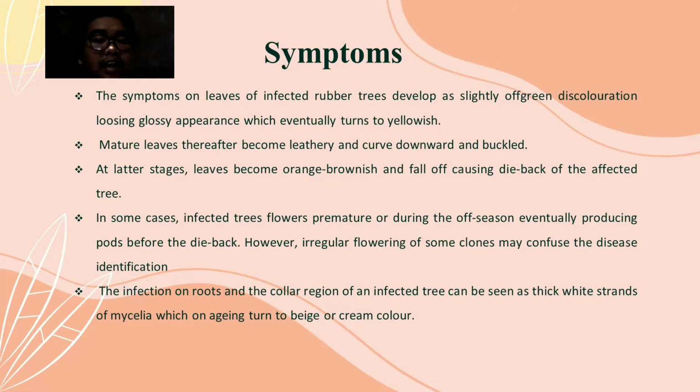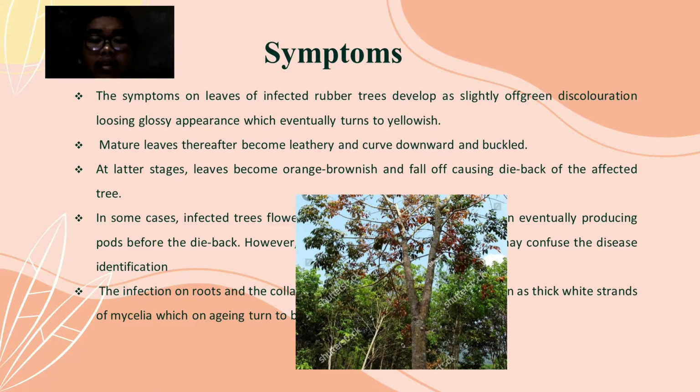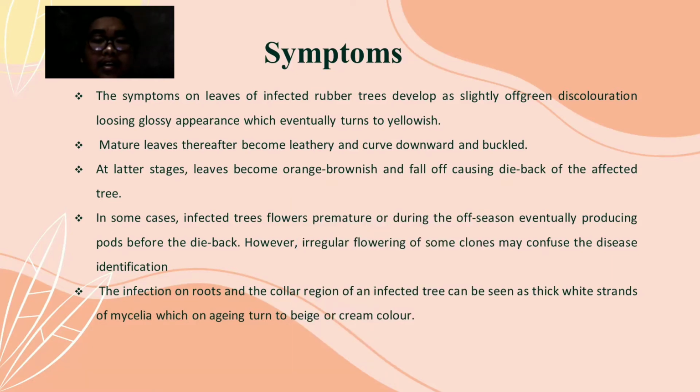The mature leaves thereafter become leathery and curve downward and backward. At a later stage, leaves become orange brownish and fall off, causing dieback of the infected tree. So the farmer can see the leaves become orange brownish and fall, causing dieback. In some cases, infected trees flower prematurely during the off season, eventually producing pods before the dieback. However, the regular flowering of some clones may confuse the disease